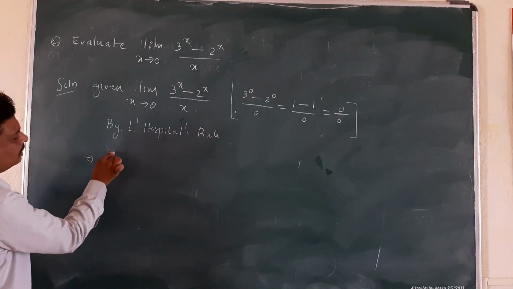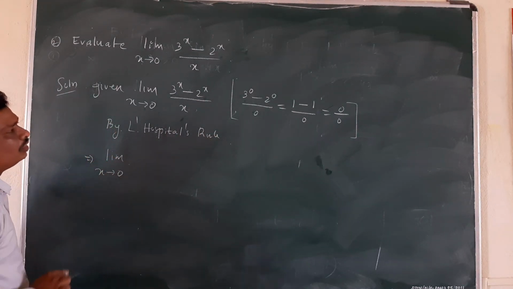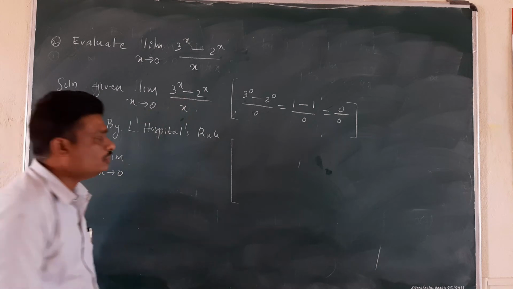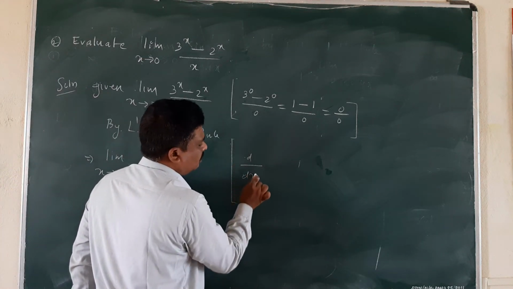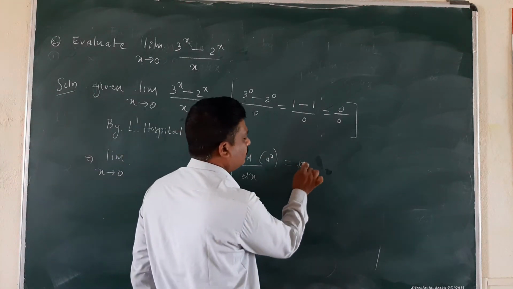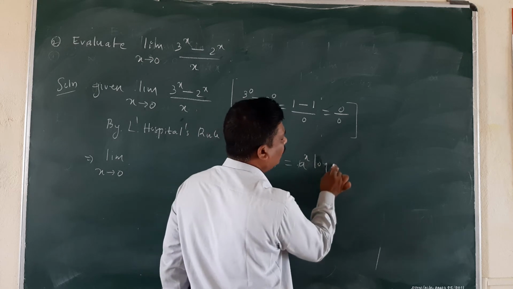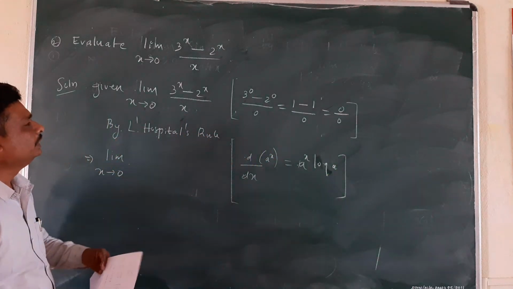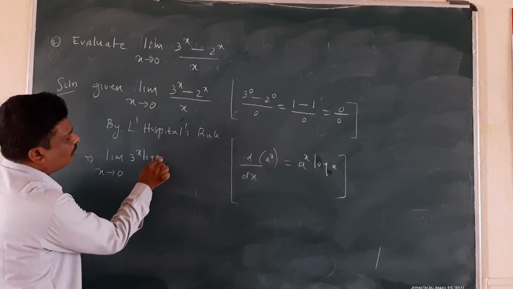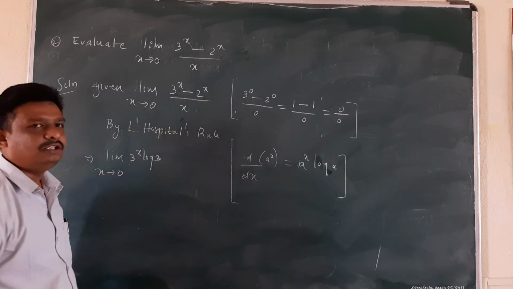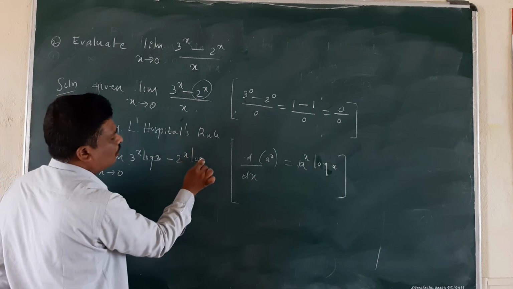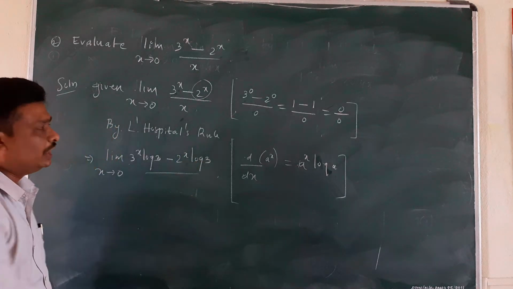this implies limit as x tends to 0. See here, we have to differentiate 3 raised to x. So we know that the derivative of a raised to x is a raised to x into log of a. So here we are having 3 raised to x; it becomes 3 to the power of x into log of 3. So we have to differentiate the numerator separately. Minus derivative of 2 raised to x, which is 2 raised to x log of 2, divided by derivative of x,